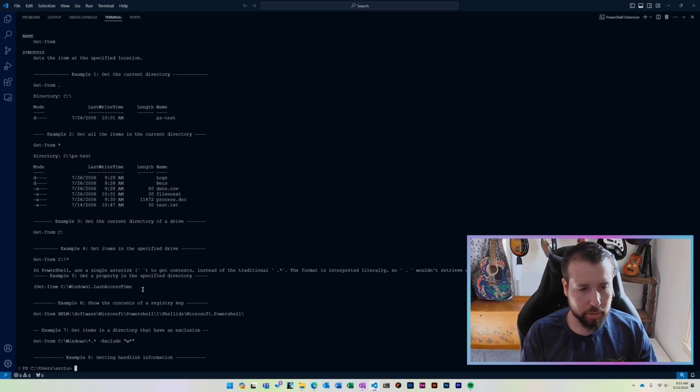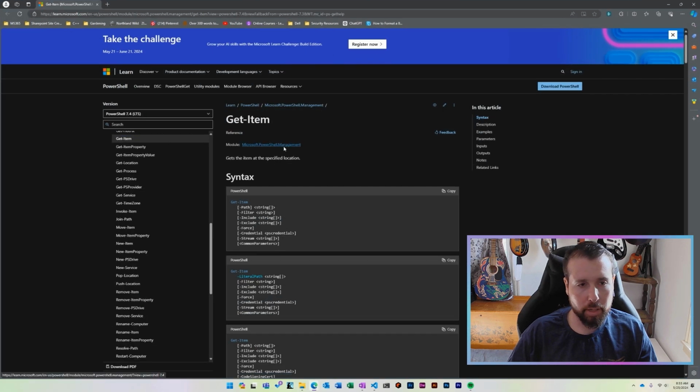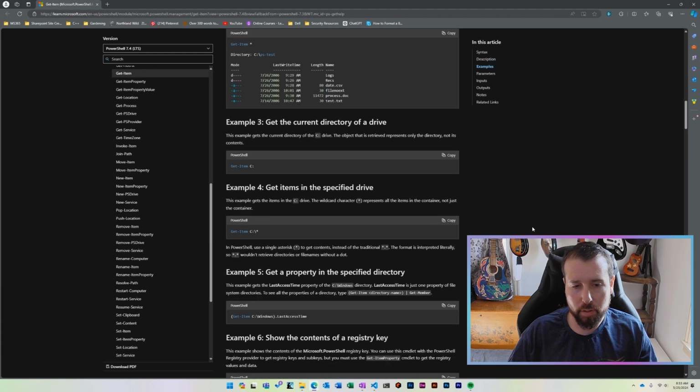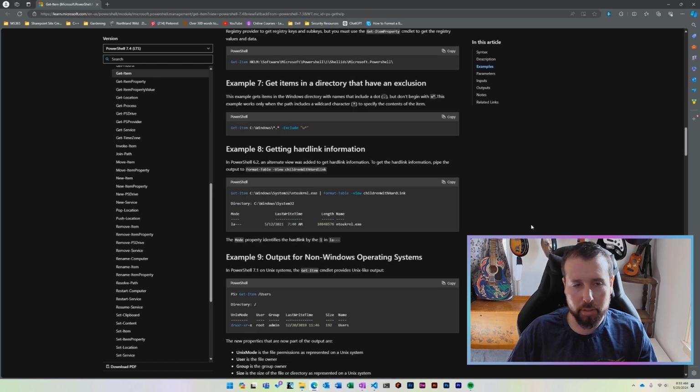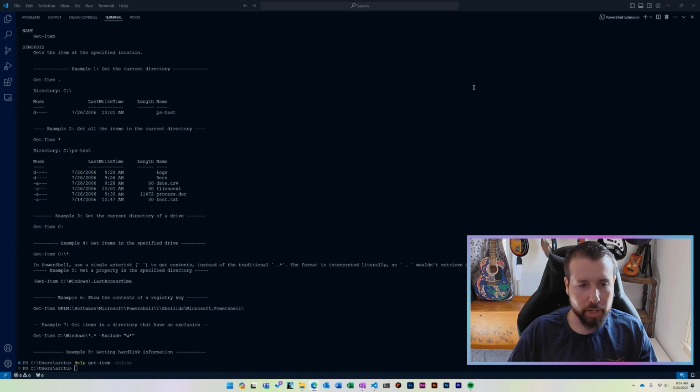And then if you did want to go out to your browser, I would recommend you actually use the help files still, but we can put in the switch -online. We'll run help Get-Item and then run our switch -online, and that will take us to our browser, and it gives us all the information about this in an online form. So it's still the recommended way to look up information. If you do want to go to the browser, you can just run it there, and if this is easier for you to look at, that is the recommended way that we can still get information about the parameters and